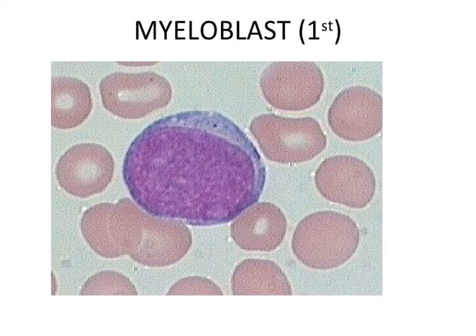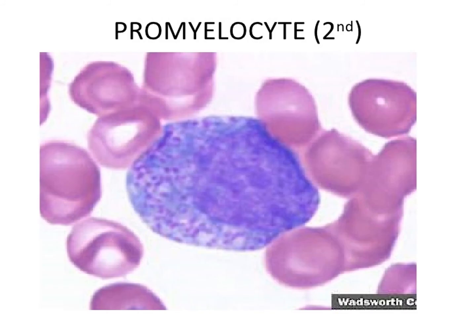You see the picture of myeloblast. The myeloblast is the earliest recognizable cell of the granulocyte series. Here the mitosis is marked. The second one is promyelocytes. The cytoplasm increases in amount and is characterized by the presence of azurophil granules. These granules are also called primary non-specific granules, and these give a positive reaction with peroxidase stain. This is one important point you should know.